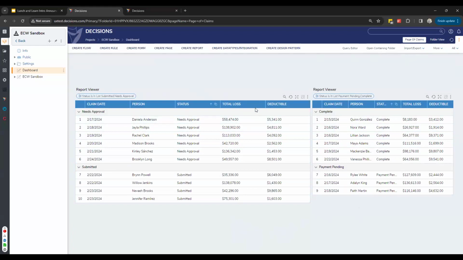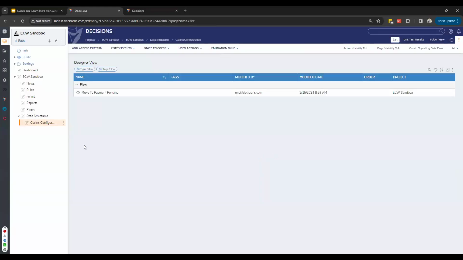Now, if I wanted to, as I take action on these things, move them, I could create a really simple action, and spoiler alert, I already did. There's a really simple right-click action on all my claims called move to payment pending. It does nothing except move the status column, but this could obviously be a proper workflow process. This could show forms, this could create tasks, it could send emails, do whatever it needs to do. For now, it's just going to literally change the state column.